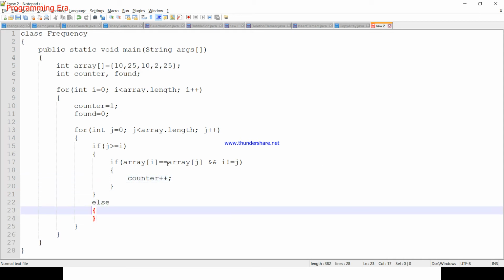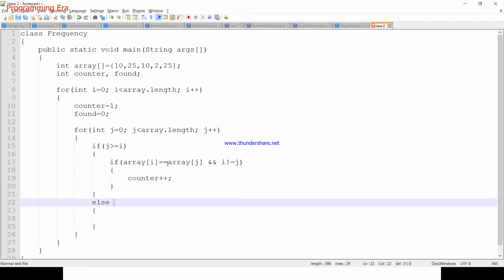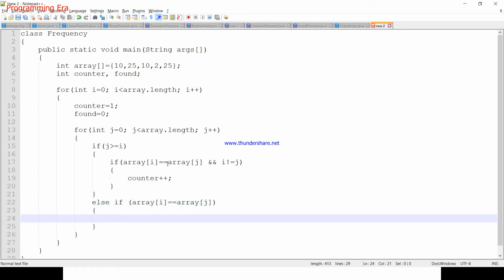But if this condition is false and if array i equals array j, in that case we will set count equals to 1.